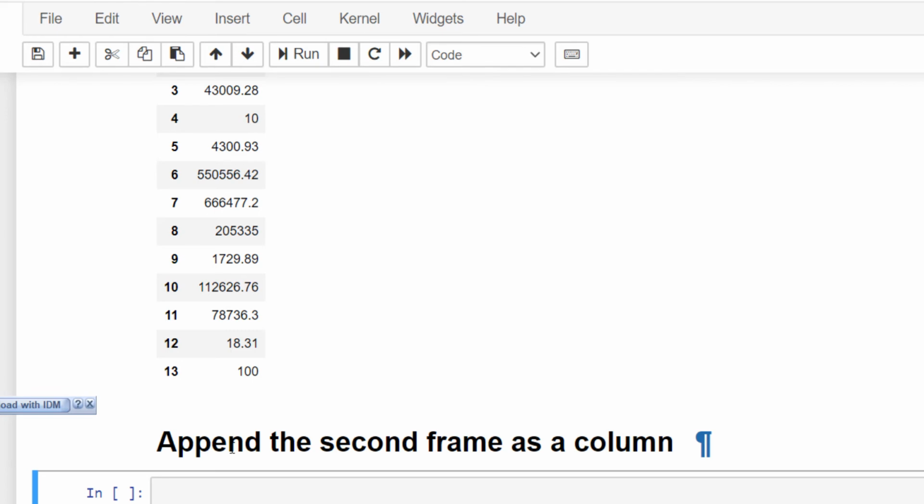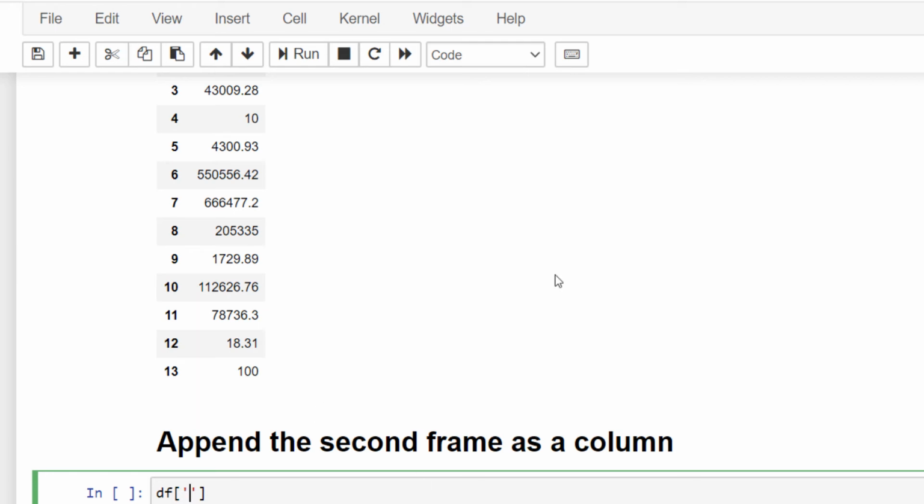So how do we append the second frame as a column to the first frame? There can be several ways, but the simplest one is to write it to the first data frame as a variable. So remember, how do we create variables in pandas? I'm typing the name of the data frame, and then I give just any name to the column that will be created.